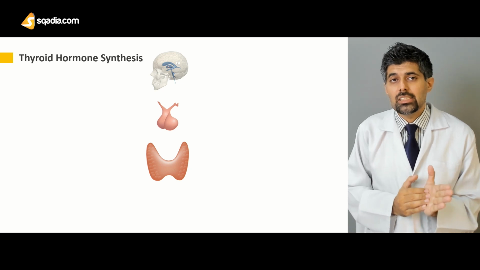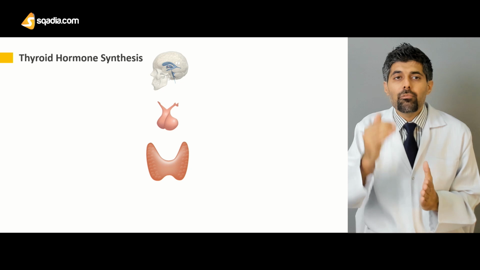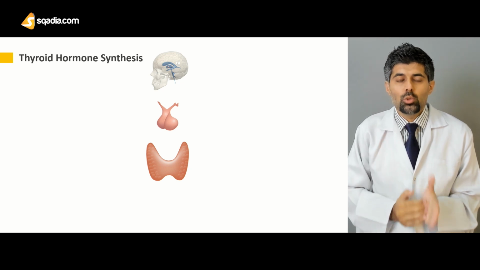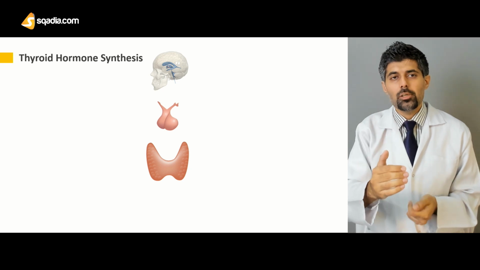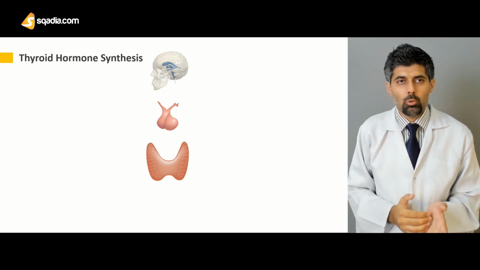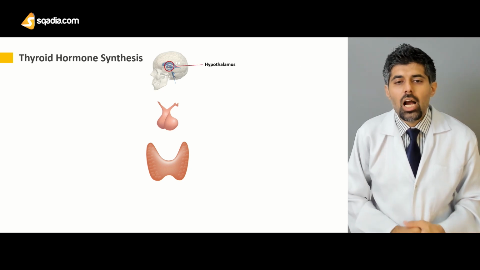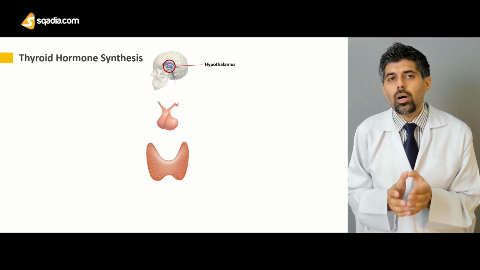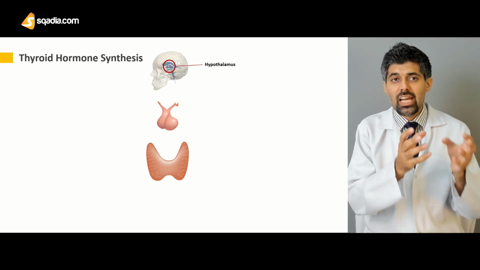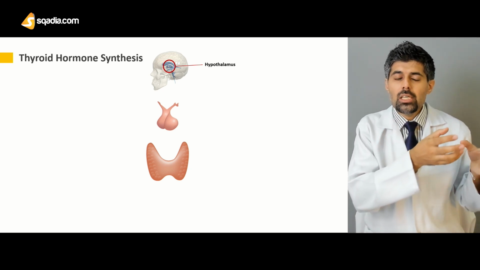hypothalamic-pituitary-thyroid axis, because all of the process works in a flow-like manner. So it goes from the hypothalamus to the anterior pituitary, then to the thyroid. So first of all, we're gonna start with the hypothalamus. Hypothalamus is a small part of the brain which lies at the floor, and it is attached to the pituitary